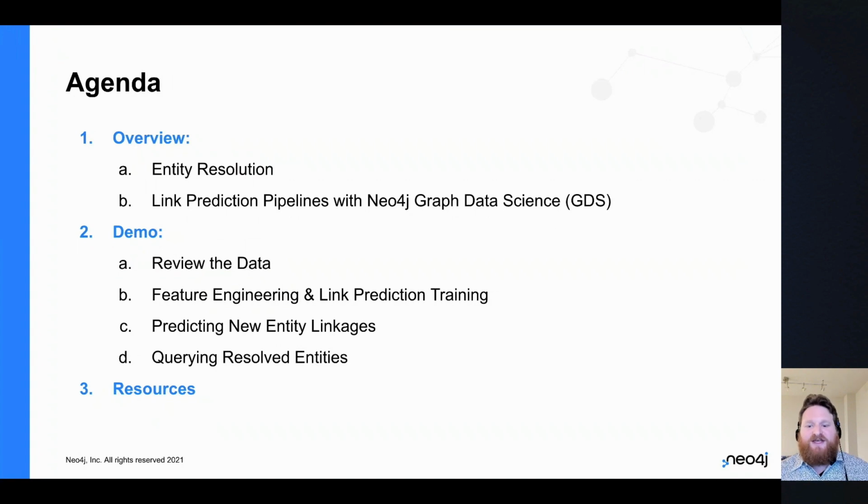The great thing about Neo4j with GDS and the way it's structured is that it takes care of a lot of the complexities around managing graph data, being able to quickly move data from the database into an analytics environment, and taking care of the nitty-gritty in terms of formatting your data, feature engineering inside of graph, being able to run and actually implement graph algorithms globally, and setting up a good pipeline. So it really allows the data scientists to focus on the high-level sequencing of the pipeline and the overall modeling